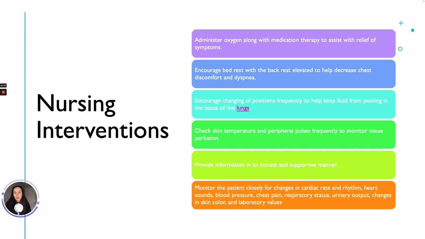So different nursing interventions we can use for this patient population include administering oxygen along with medication therapy to assist with relief of symptoms, encourage bed rest with back elevated to help decrease chest discomfort and dyspnea, encourage change of positioning frequently to help keep fluids from pooling in the bases of the lungs, check skin temperature and peripheral pulses frequently to monitor tissue perfusion, provide information in an honest and supportive manner, and monitor the patient closely for changes in cardiac rate and rhythm, heart sounds, blood pressure, chest pain, respiratory status, urinary output, changes of skin color, and